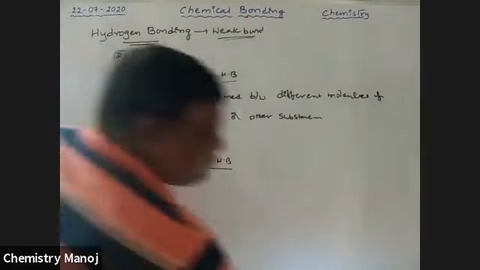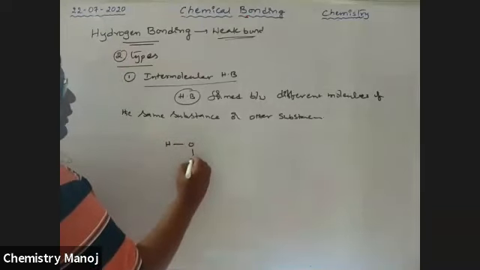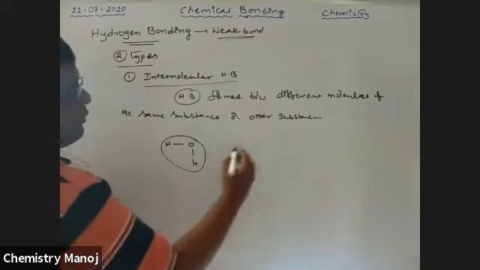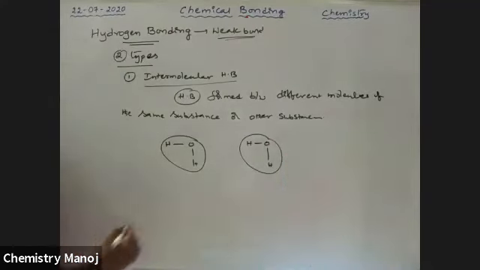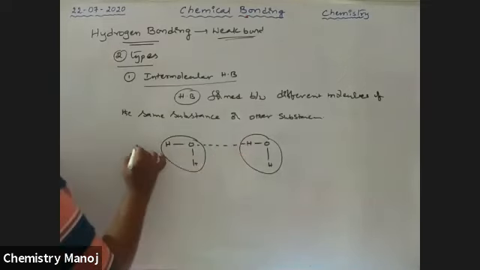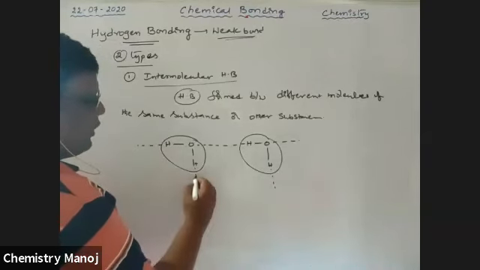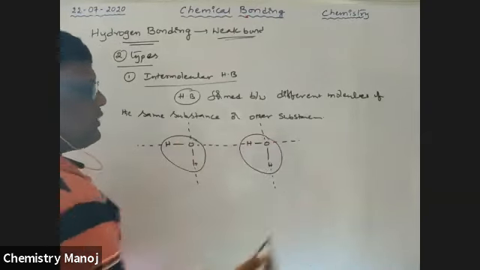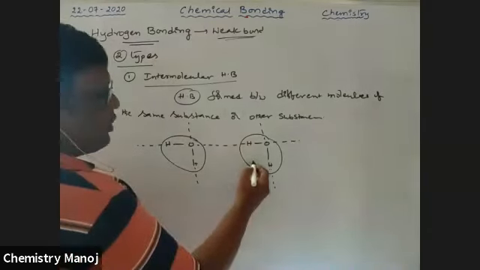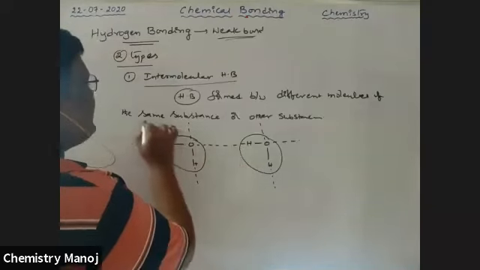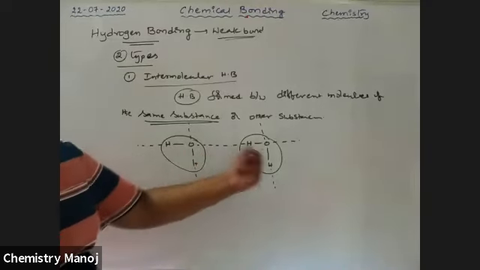See here. It is an H2O molecule. It is one molecule, and this is another H2O molecule. Like this, a number of H2O molecules are there. So there is intermolecular hydrogen bonding. This hydrogen also gives another hydrogen bond, so there are a number of hydrogen bonds. This is a water molecule and this is a water molecule, so these two are the same substance. Between different molecules of the same substance, different water molecules.